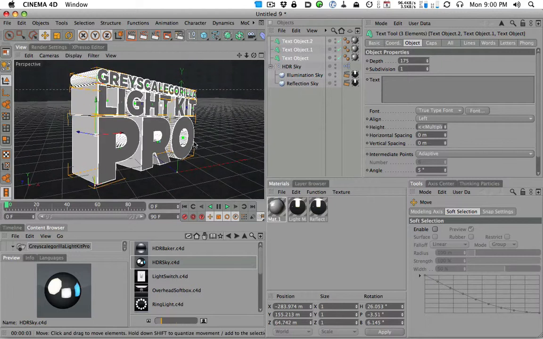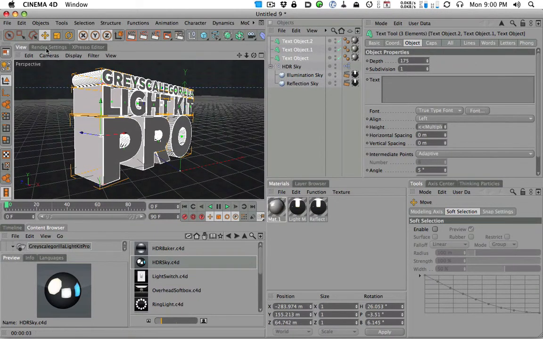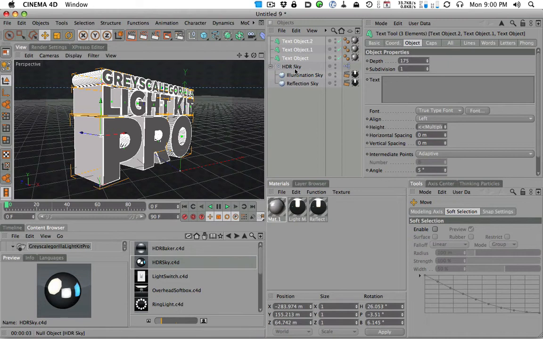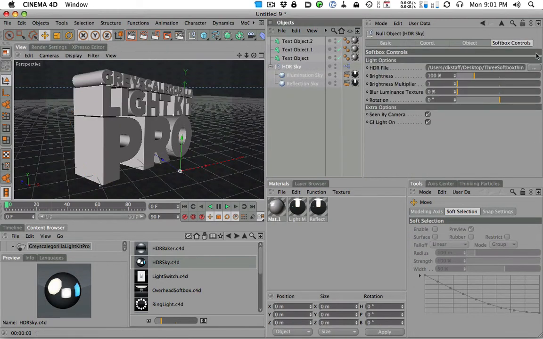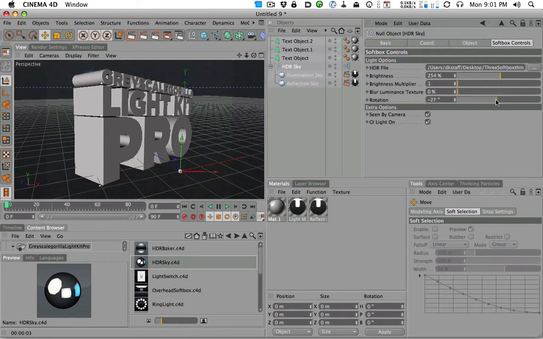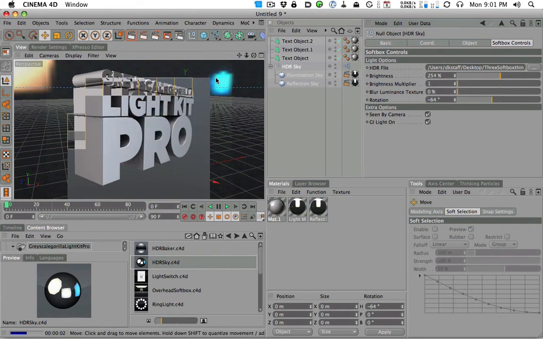Okay. So what this does, and this only works with HDRIs in the sky image. We're using the LightKit Pro HDR Sky module to load in a pre-made HDR image. We could adjust the brightness, we could turn it up, and we could rotate the image around and get different looks. That's what this does. You could look at the tutorial on this if you want to learn more. We're going to crank up the